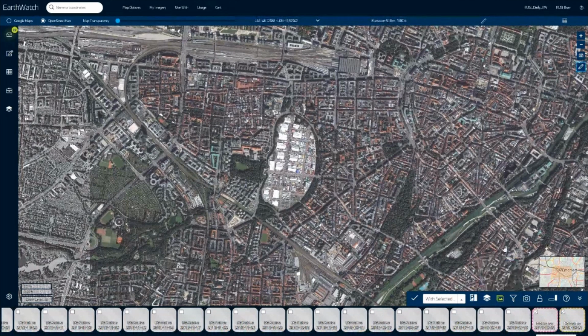Yeah, we're in there. With exploit mode, you can process imagery on the fly, change band orders, or apply filters like ACOMP, the atmospheric compensation, which reduces the haze, or you can just adjust the dynamic range. The imagery gets processed within seconds straight within EarthWatch.